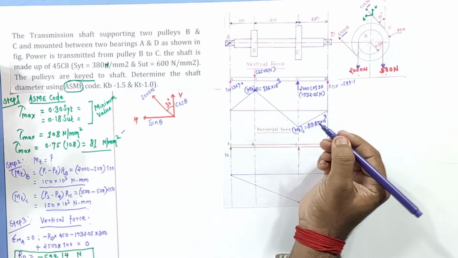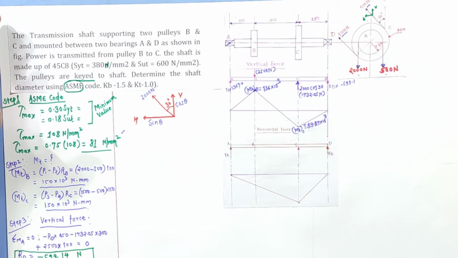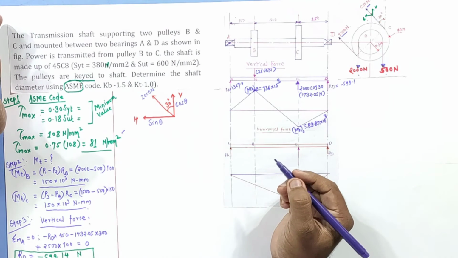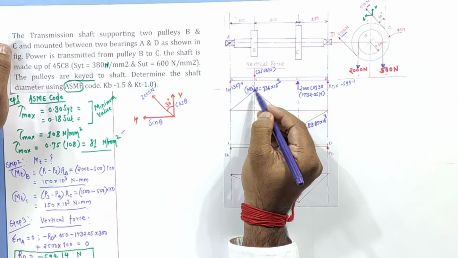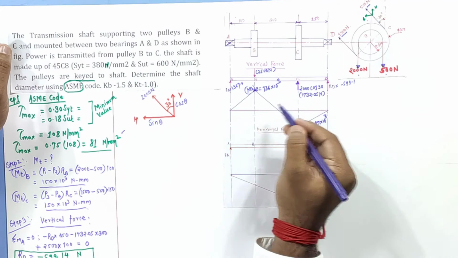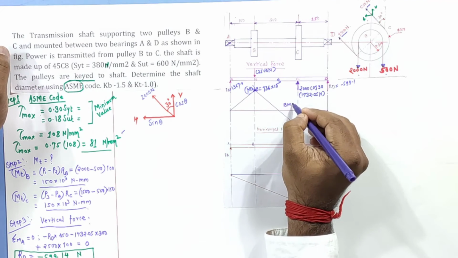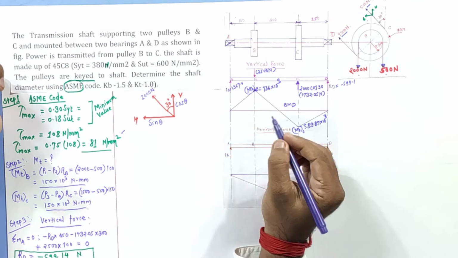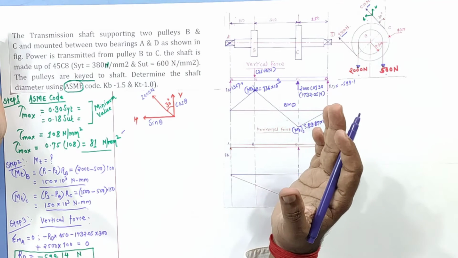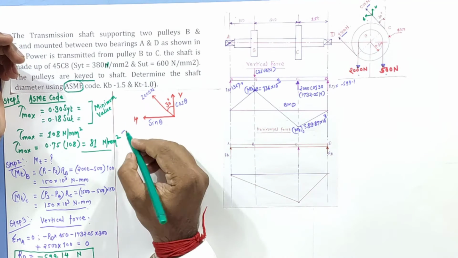Correct? So this will be the bending moment, and of course it is in minus. That's why we have to take it negative. Correct? This is minus, the answer is minus, so below the center line. Likewise the bending moment will occur, and just put the marks on the graph and join them. This will give you the bending moment diagram, BMD. Correct? This is for the vertical plane we have seen. So this will be the bending moment for the vertical plane. Now we'll move toward the horizontal plane.